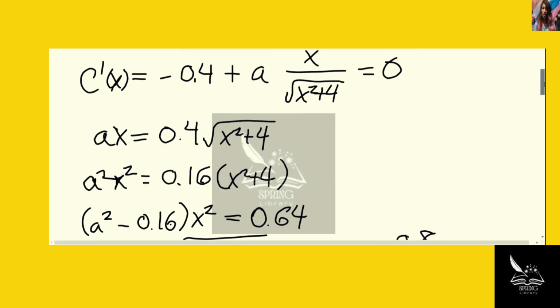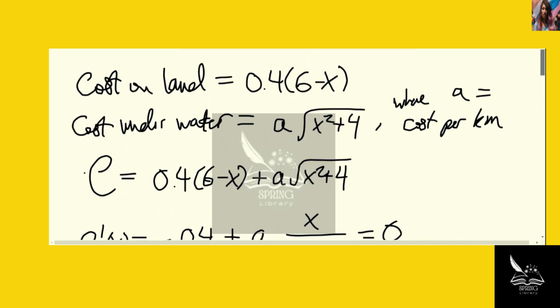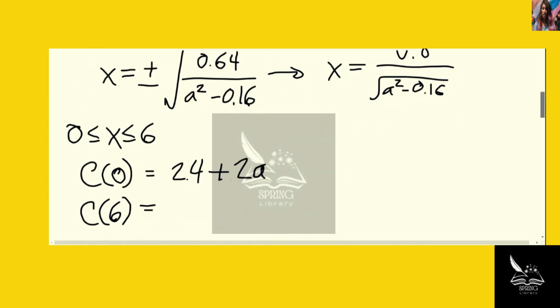Now C of 6, on the other hand, this is 0.4 times 0, which is 0, plus a times the square root of 36 plus 4. This is equal to the square root of 40, which is 2 root 10. So this is 2a root 10. And finally,